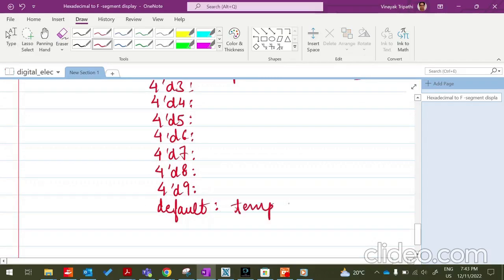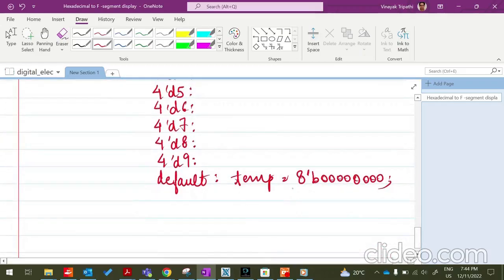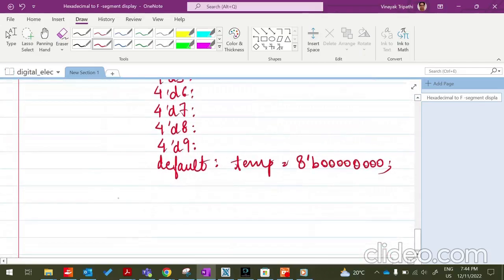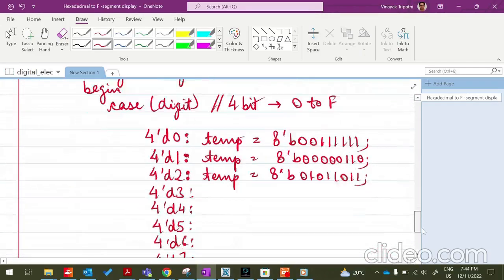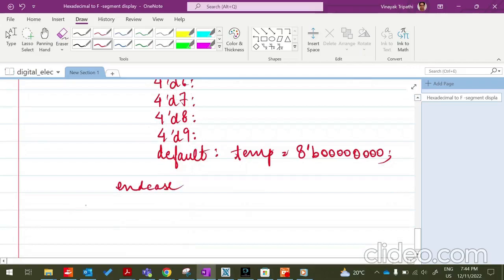statement, right? So by default, since it's not satisfying any of our cases from 0 to 9, we need our display not to glow. So what we can do is supply all zeros to it, correct? So if you give anything other than 9, nothing will be supplied to the segments, and segments will not glow, right? So this will be our case statement, and now after case we give an end case here, and after begin we give an end here,